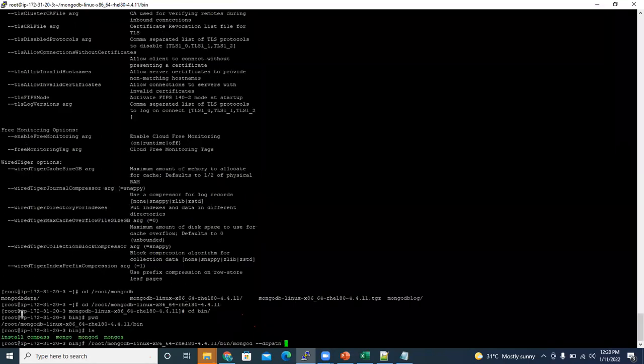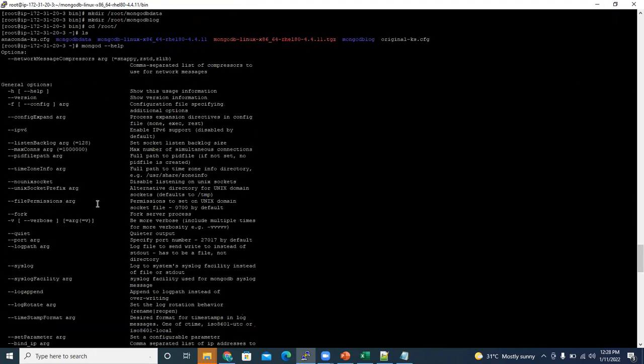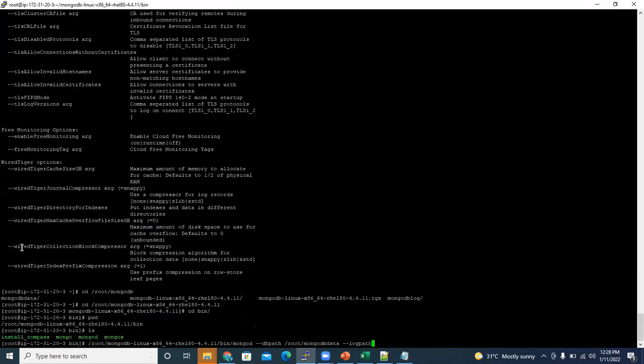Hyphen dbpath is nothing but our data directory, mongodb-data. And --logpath, log path is the same, right? mongodb-log/mongodb.log. Okay. Hyphen port, I mentioned 27018.